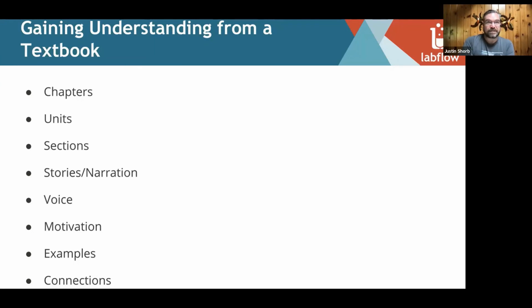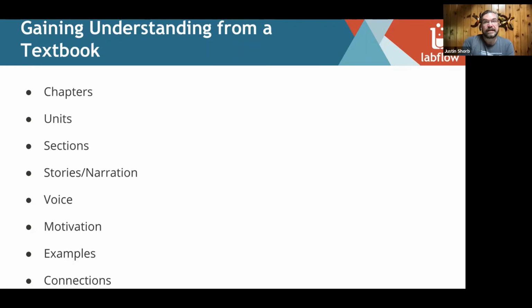There's also typically a story or a narration, right? An author provides their voice to get one section to the next. So as you read it, it has a consistent, approachable voice. They also have some motivational things. A lot of textbooks have been popping in a bunch of little inserts about how this is useful in this specific country for this environment or for this technological advancement, trying to motivate students to learn. Examples from history or from different parts of the world or in space, or possibly just example problems to solve.